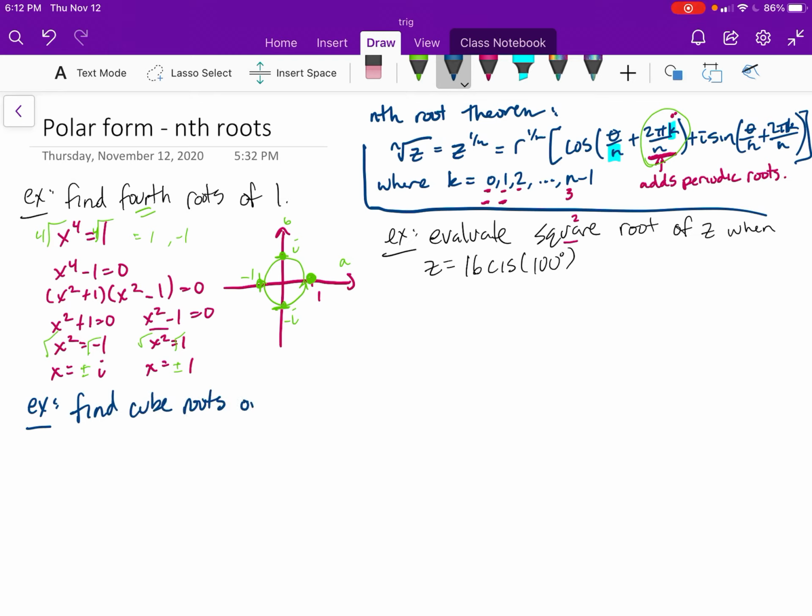Find the cube roots of 1. Well, graphically, I think it's not horrible. It's going to take a little bit of creativity here, but if I were to start with my first solution here, and then split up 360 into 3 pieces, right? Then in degrees, it's a bit easier to see. I would need 120 degrees, and then I would need 240, which is about here,